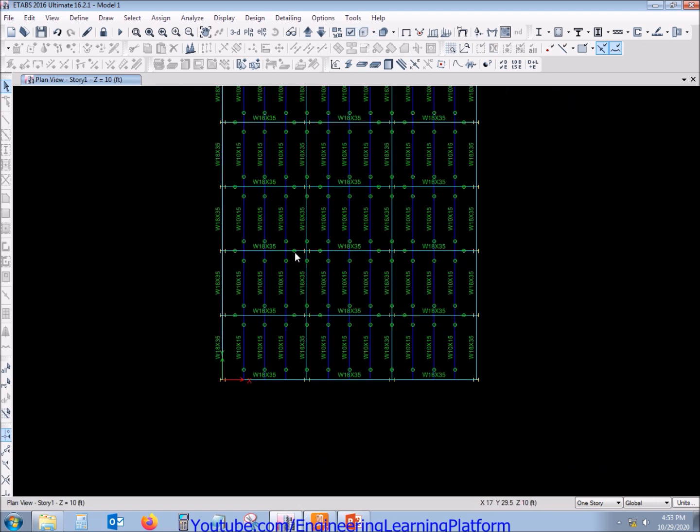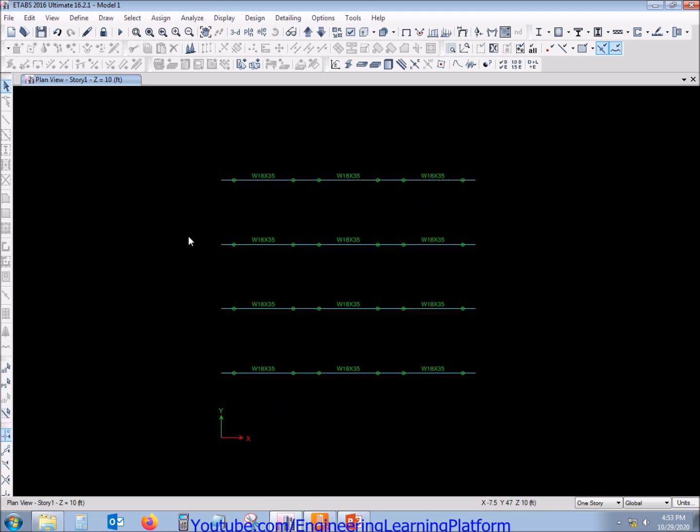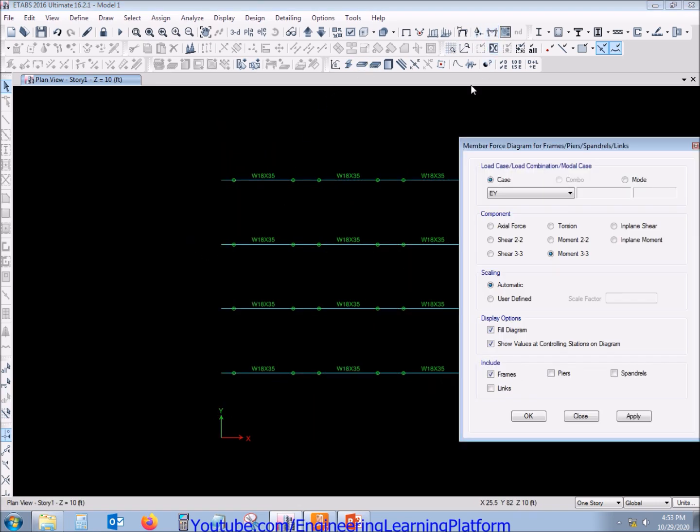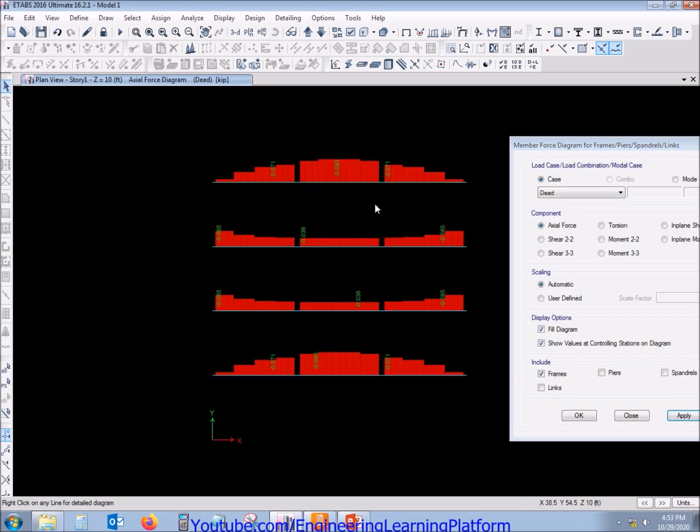So now since we are interested in beam column flange connection, I'll be selecting only the beams whose flanges are being connected to the column flanges with moment releases. You can use any analysis software; since we have completed the ETABS course, whose link is given in the description, that's why I'm using ETABS.